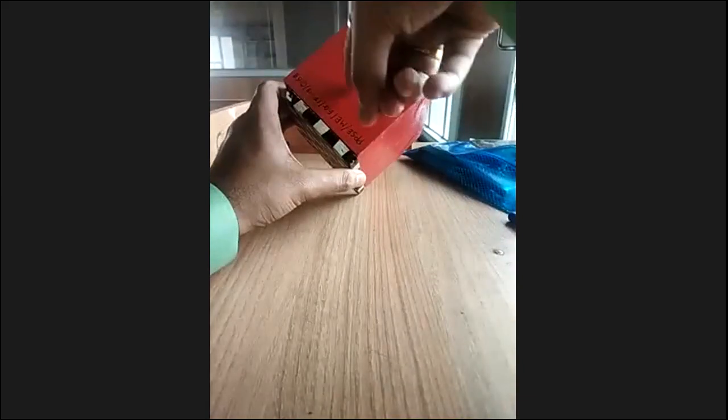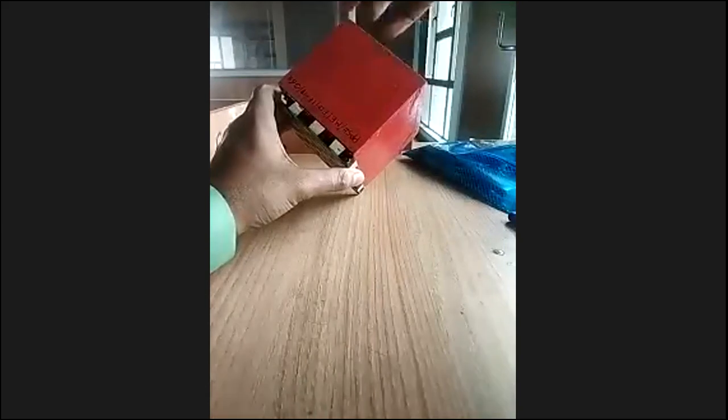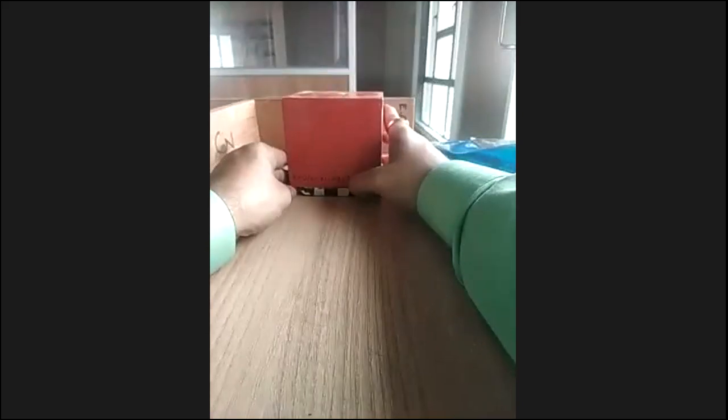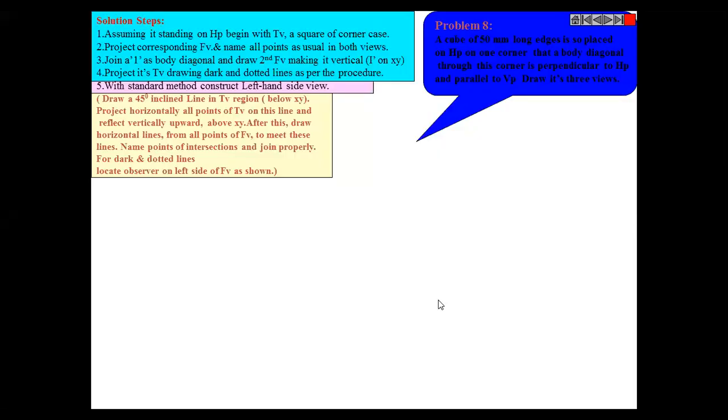So this projection we need to draw. And it is told that three views are required to be drawn. Three views only. So it is not making any, this is a simpler problem, so the three views are directly given. Okay, now let us, I will share it. It's visible.